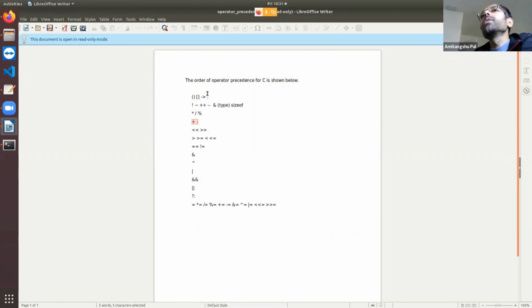For all the other operators, as you move down the table, the operator precedence starts reducing. That means the highest one, for example, if something is within a bracket, it will get higher precedence. Then these operators, then multiplication, product, then addition, subtraction, then other operators. So as you move down the table, the precedence decreases.